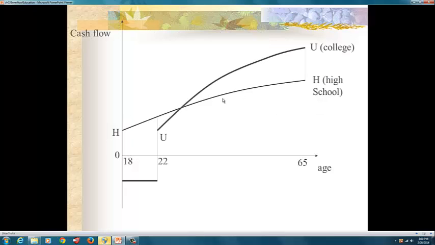Now we have superimposed on that the lifetime earnings for the individual with a university education. Notice, there's something different going on right here, which we will explain just now. But think about this for a minute. It means that you start working at 18, or you start university at 18 approximately.